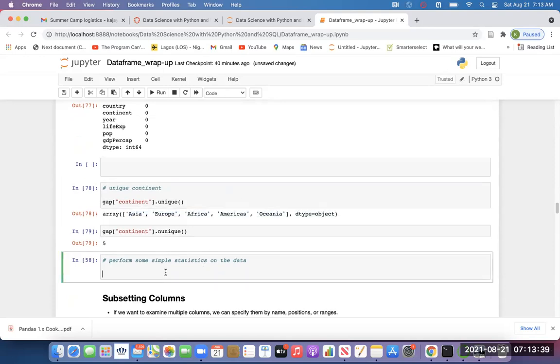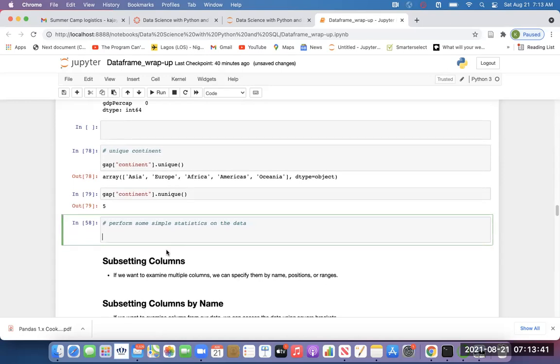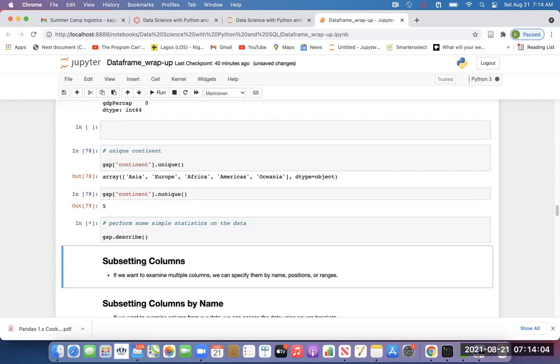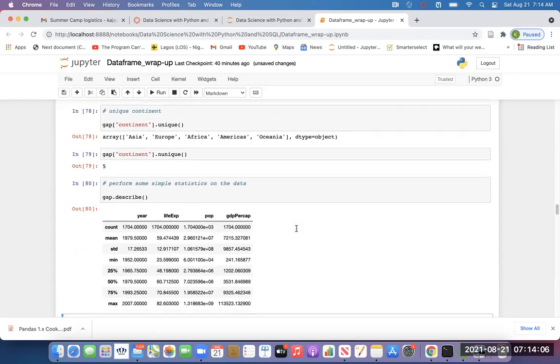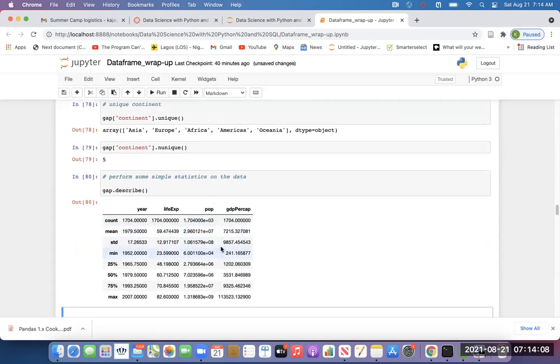What if you want to do some simple descriptive statistics? How do we do that? Anybody? Yes? Describe. Yeah, thank you, Sam. Are you Sammy or Ilesami? Which one? Elizabeth is my surname. Samson is my name. Samson. Okay, thanks, Samson. So we can do describe, and this gives us some statistics about